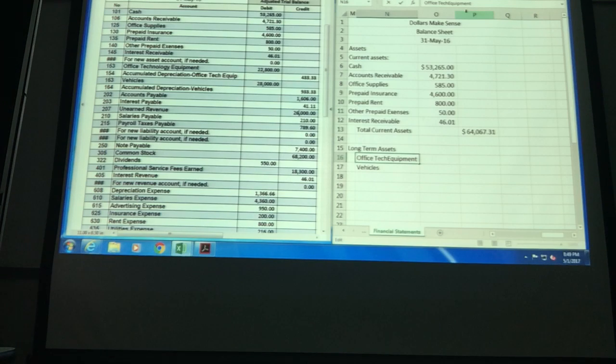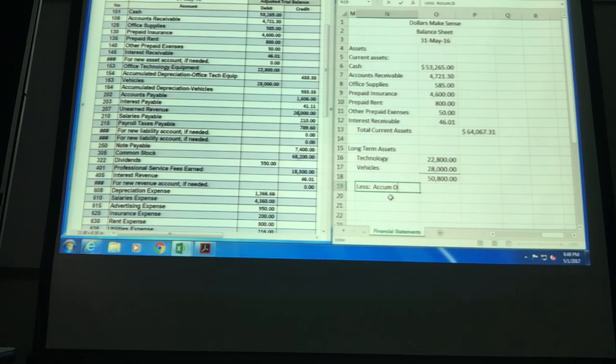So I think what I'll do is just call it technology. And we have vehicles. Okay, so our technology is 22,800, and our vehicles are 28,000. And so if we subtotal that, we have total 50,800 at cost,